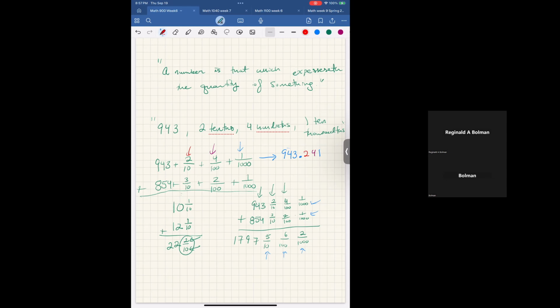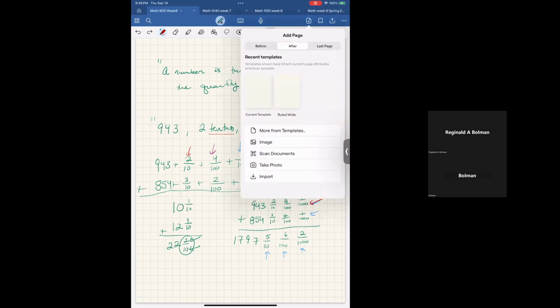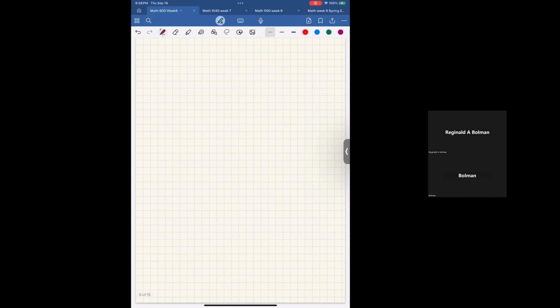So the number to the left of the decimal is a whole value of something, and then the number to the right of the decimal expresses a fractional quantity. But it does so very predictably in the sense that each digit is actually a progression of a unit of measure of 10, what is known as a factor of 10. You can go from 2/10ths to 4/100ths, and then from 4/100ths to 1/1000th. And as such, when we are looking at the decimal places themselves,